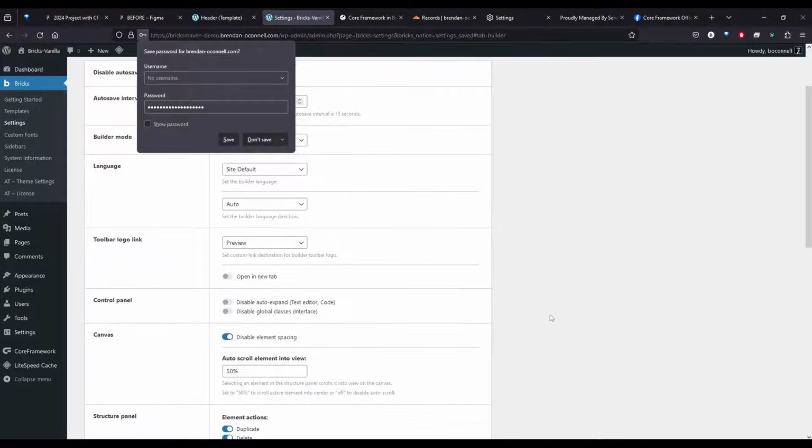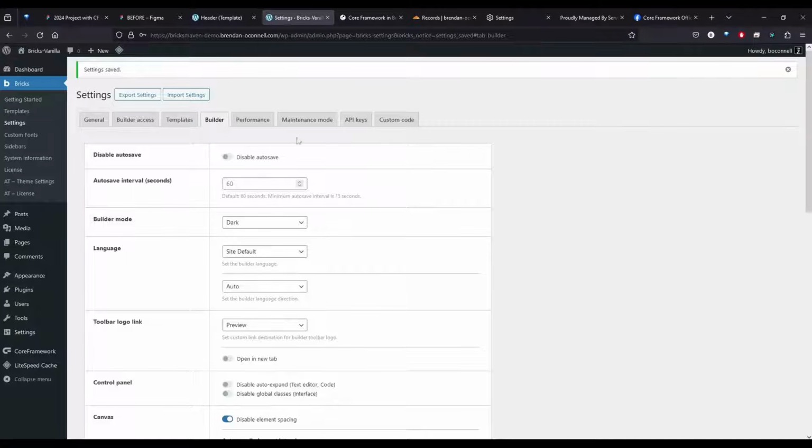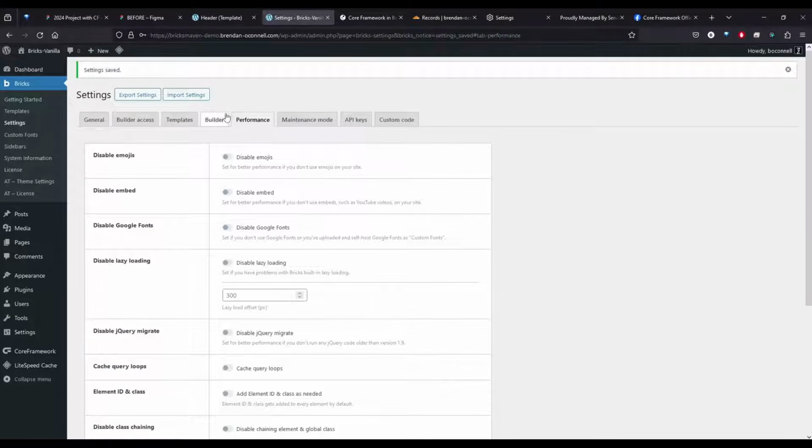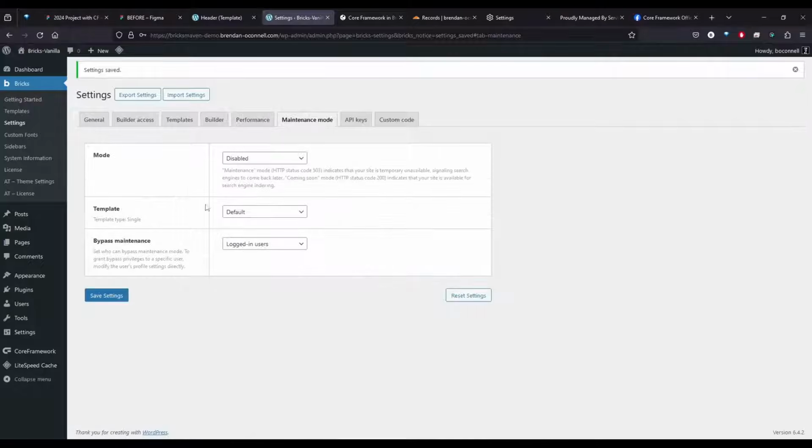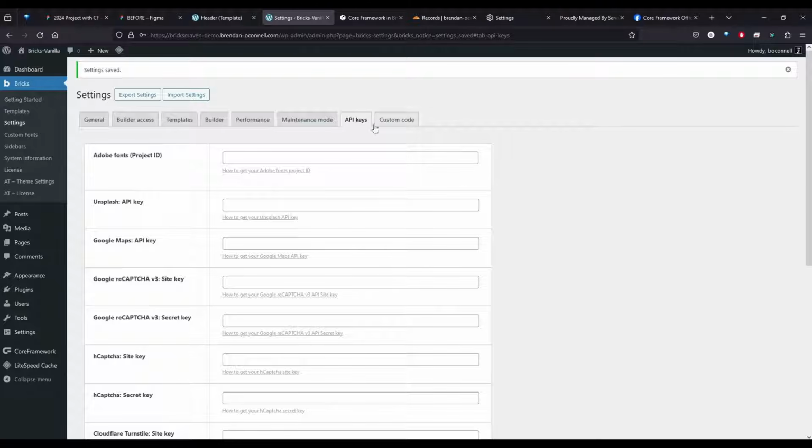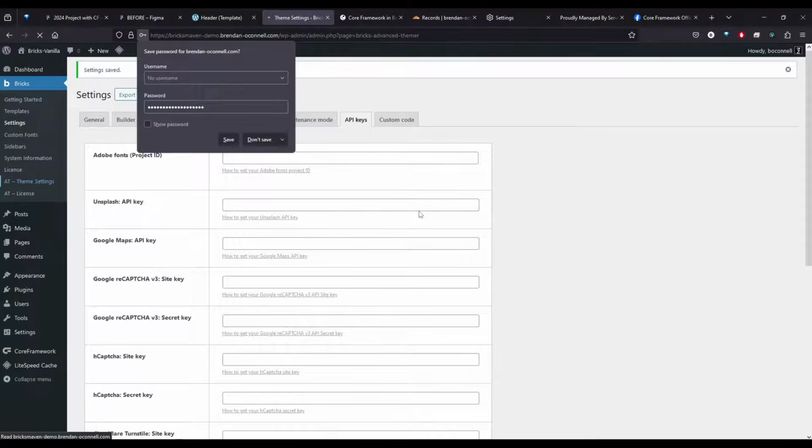Normally, this would be set up. This is like a blueprint setup that you would already have set up that I would clone. I'm just doing this so you guys can see. Although for that matter, I'm skipping performance because it's not going to be a live site, and I'm not going to worry about any of this stuff. But I think we're good. Before we go back into core,